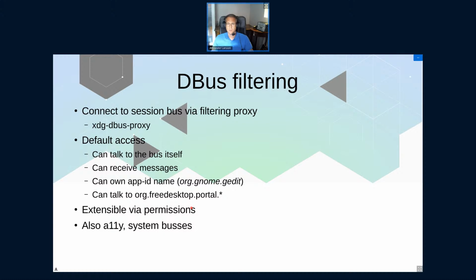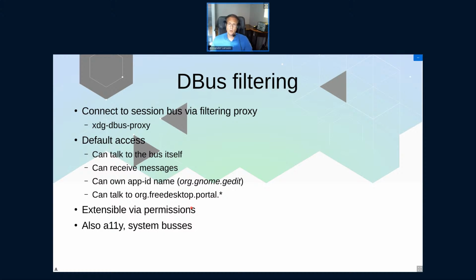The proxy will listen to calls from the sandbox and forward them as needed to the real bus. So by default, you can connect to the bus, and the bus itself is an object on the bus that you can talk to. And then you can get messages by anyone who is allowed to send messages to you.